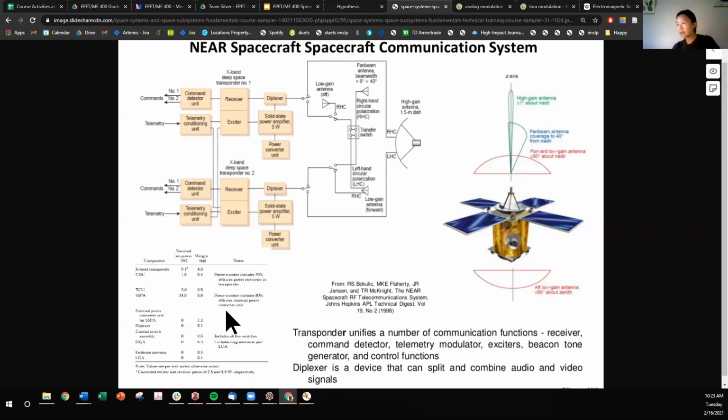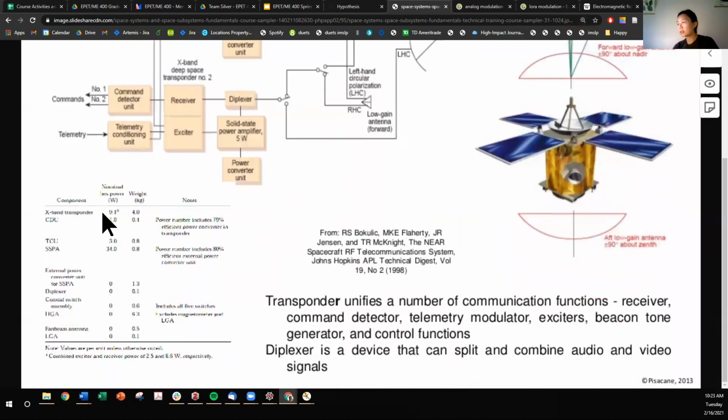It's not very clear, but if you look at the power breakdown of the different components, the transponder, which is the transmit receive, has a nominal power of 9.1 watts. The command detector unit has 1 watt. The telemetry conditioning unit, 3 watts. The SSPA, which is the solid state power amplifier, now this is known to be very power hungry, is at 34 watts. So that'll give you just a sense of the power hungriness of the different components in the communication subsystem. And then for weight,